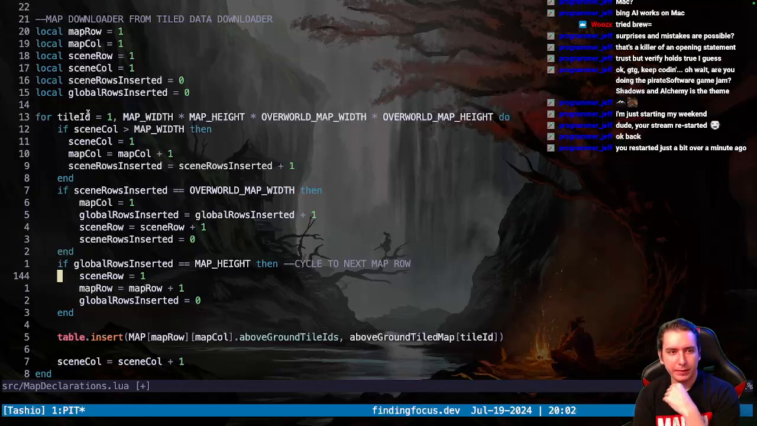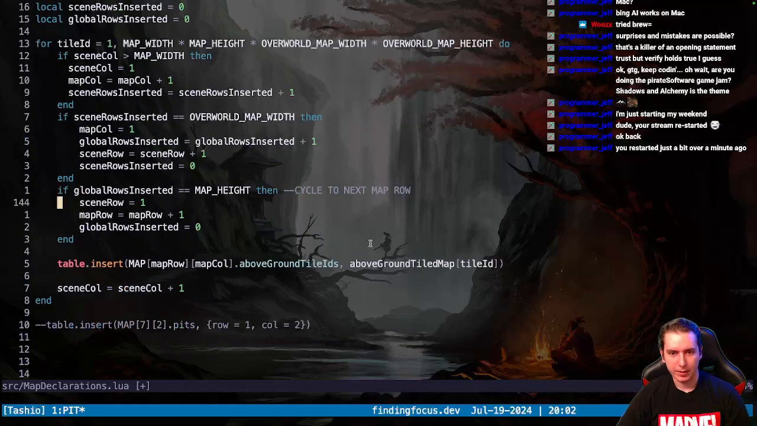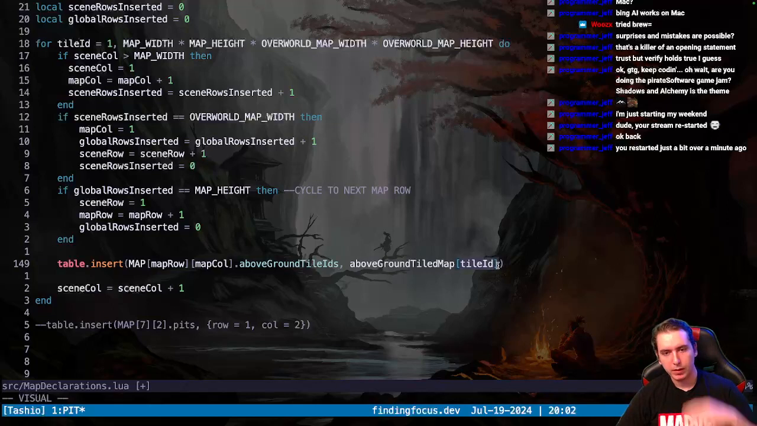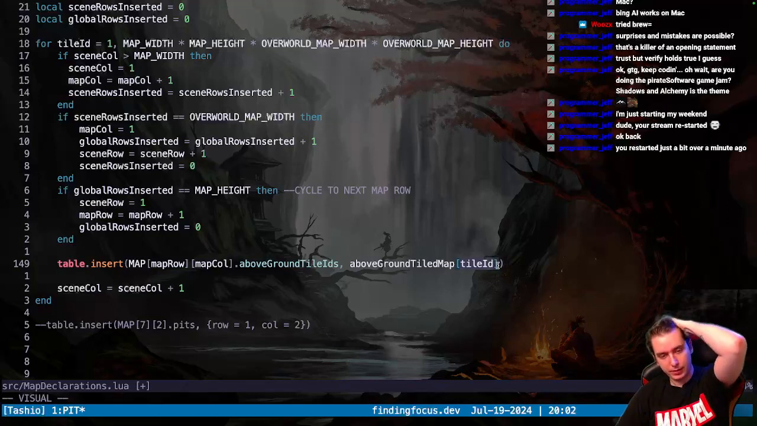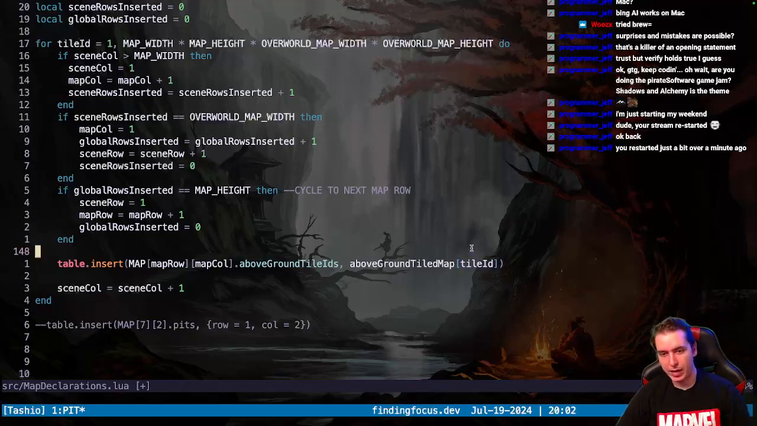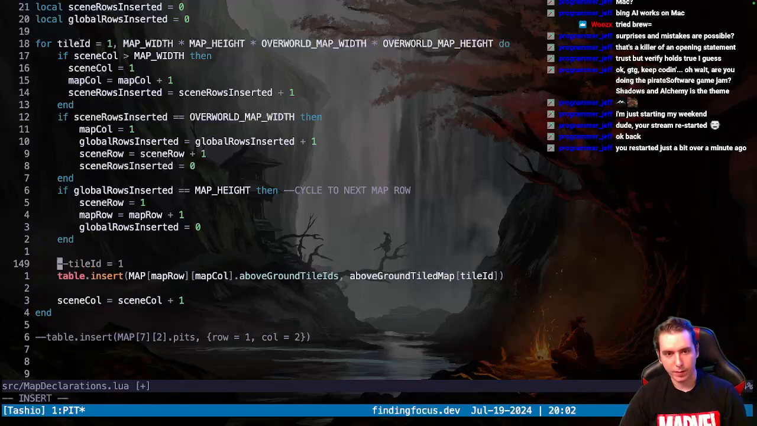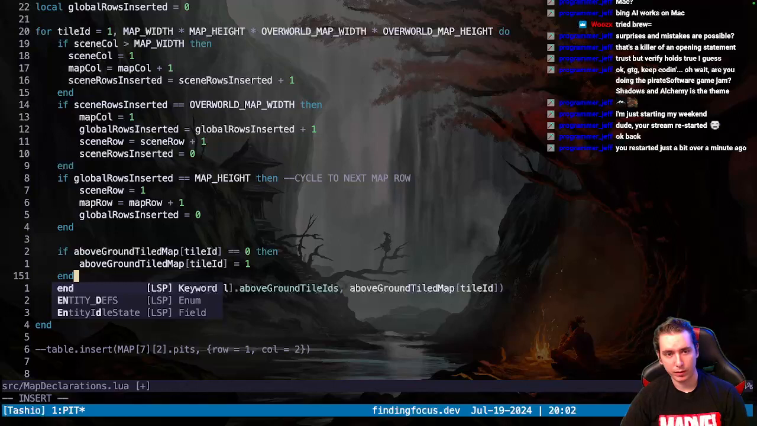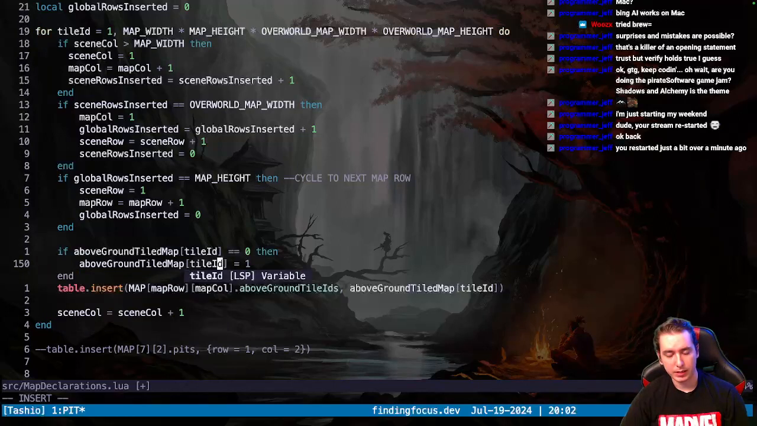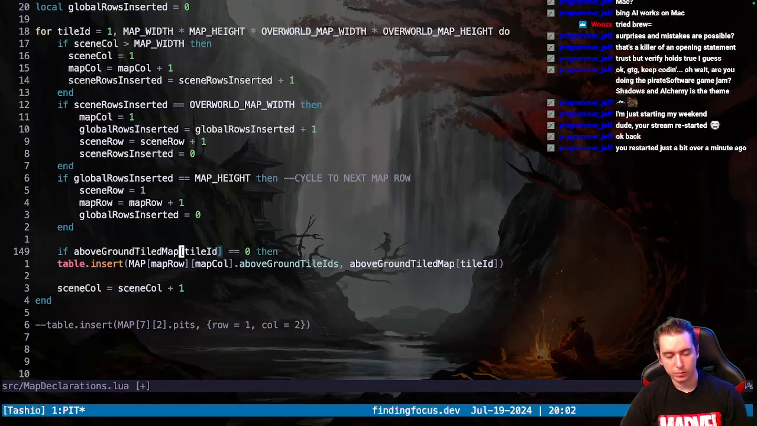What's crazy about this is tileId is a number from 1 to 9,000. So when we ask this above ground tiled map at index tileId, it's asking the ID of all 9,000 of our above ground tiled maps. So let's just say if above ground tiled map tileId is equal to 14,